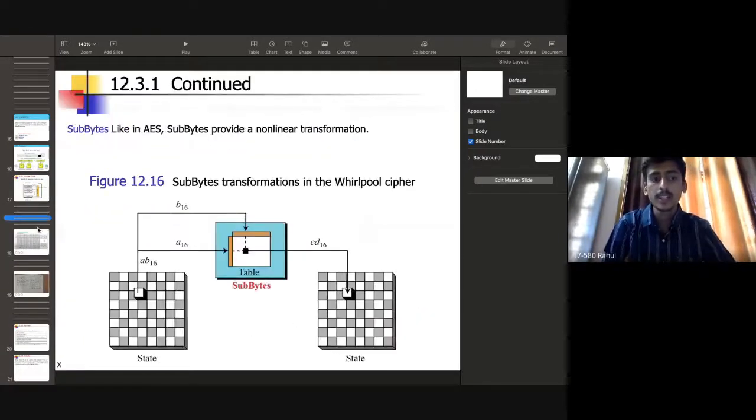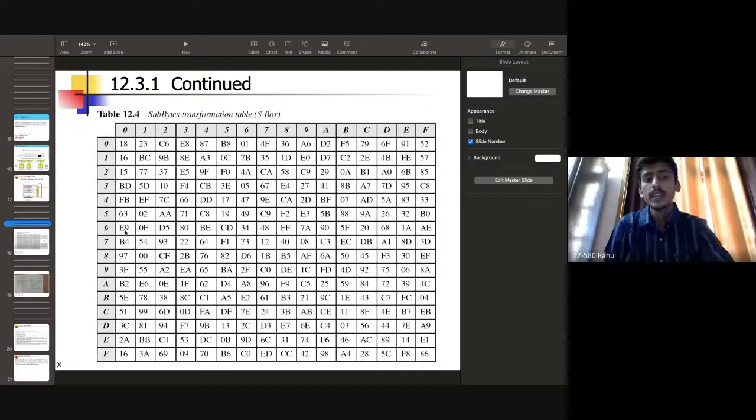Once after the explanation I will show an example. If we have 4C, the 4 represents the row and C represents the column. So in the table, you have to search for 4 and you have to search for C, and where there is an intersection point, there will be a number. That number should be replaced in the box.